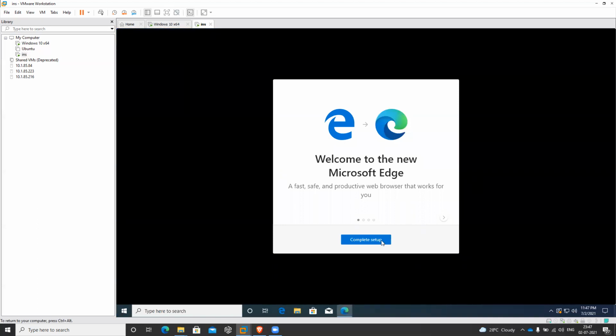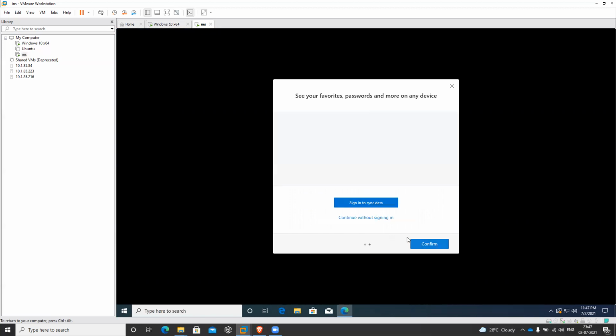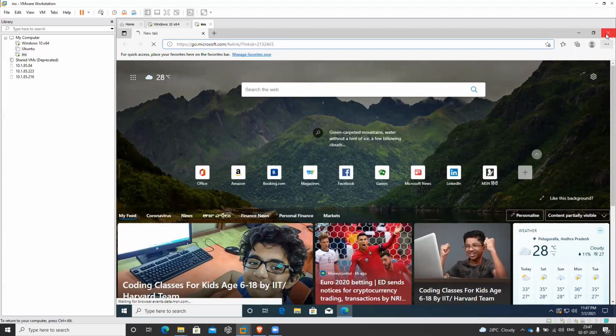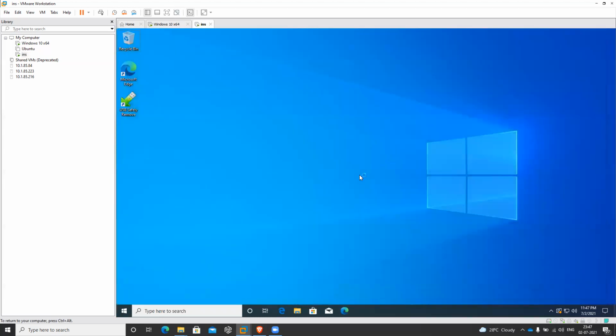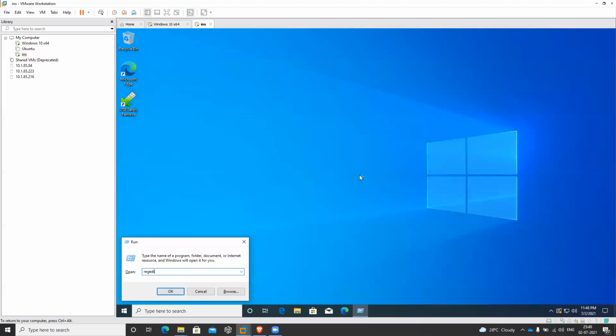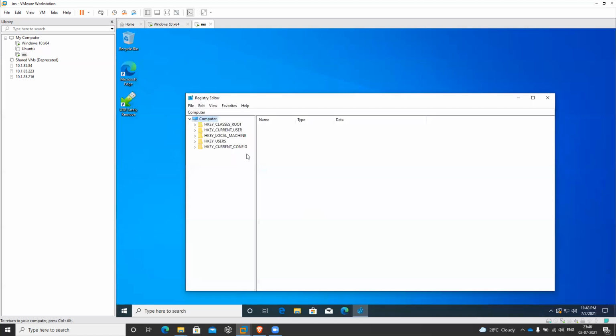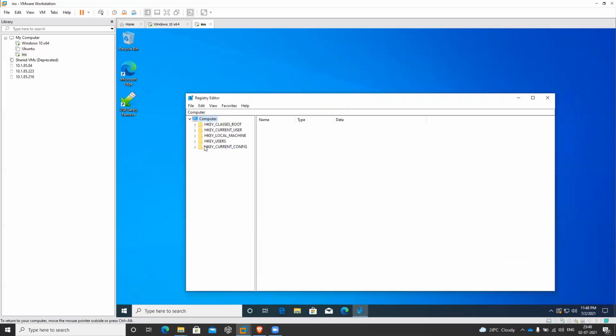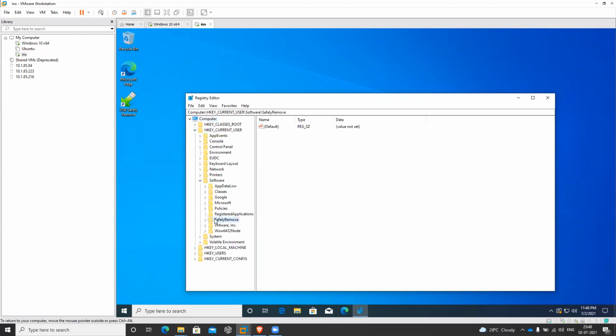Now I have logged into the second user. You see, here it is showing 30 days for the other user. So just export this key.